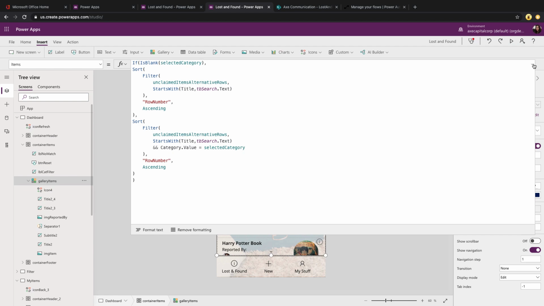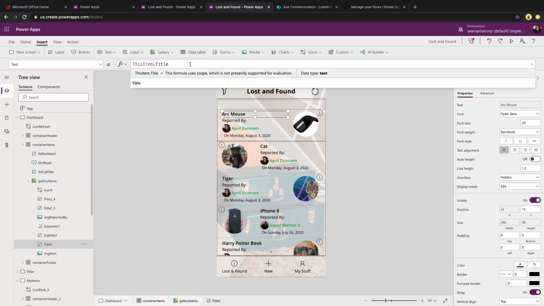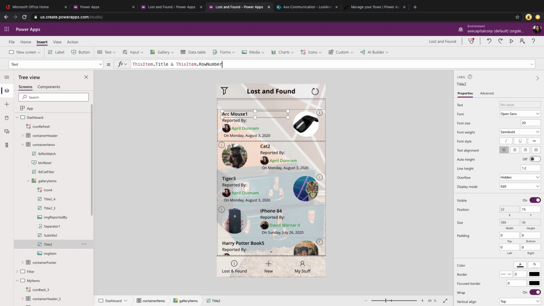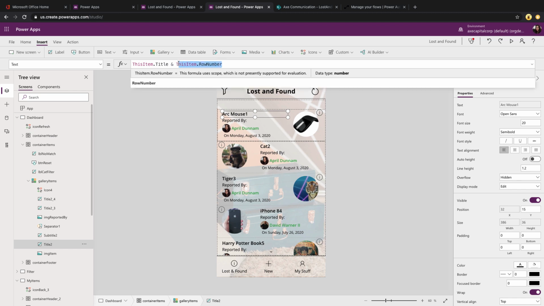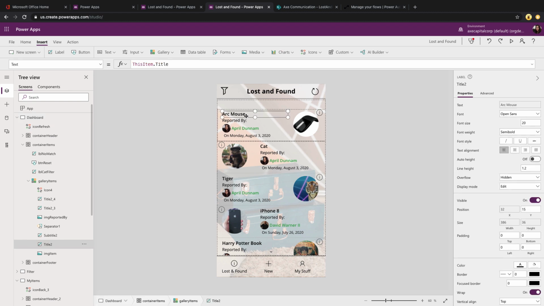So now that we know we have the alternative rows, let me just show you what that looks like. So I'm just going to append an item here. Let's just append this item dot row number. So you can see it's giving us 1, 2, 3, 4, 5, all in sequential order so that we can stagger these. And once we have that, then in the gallery itself and the individual items, we're going to adjust